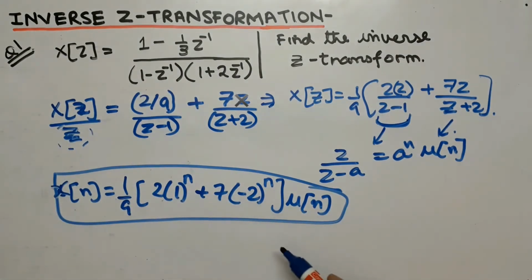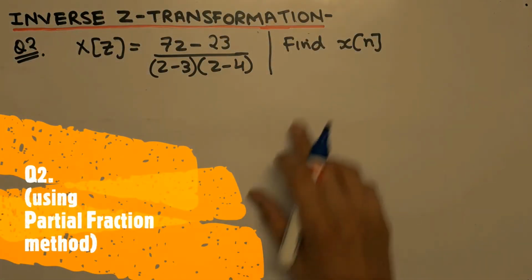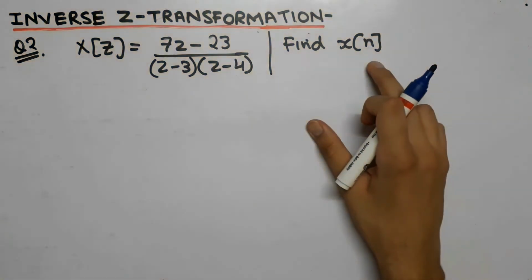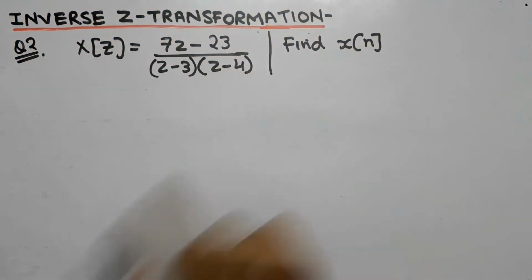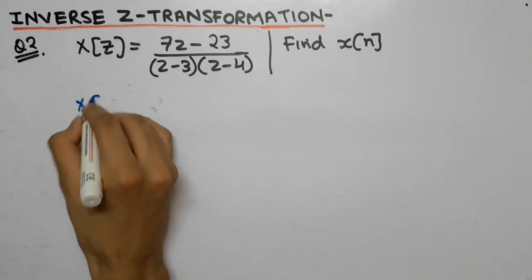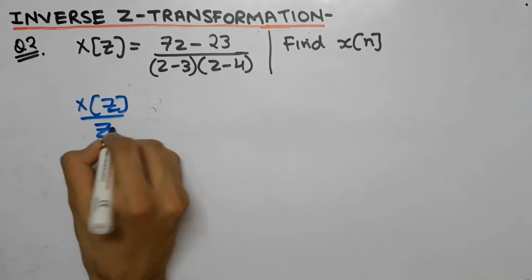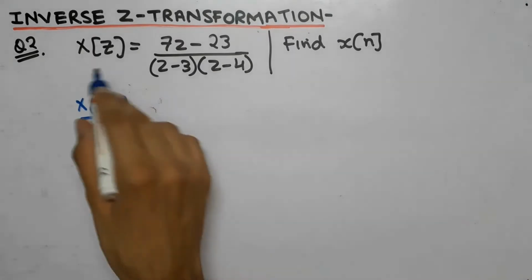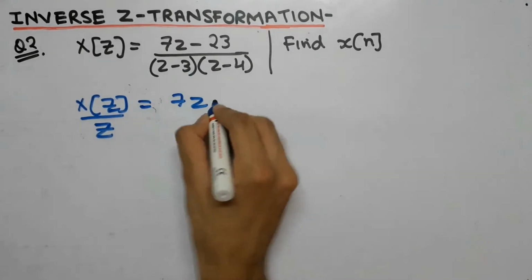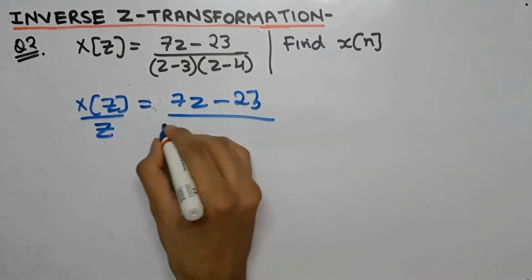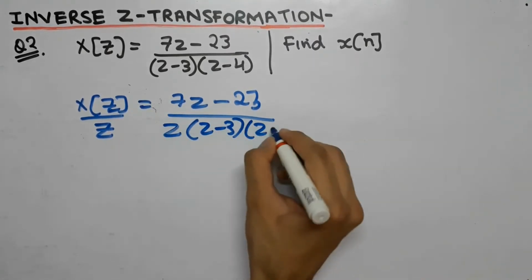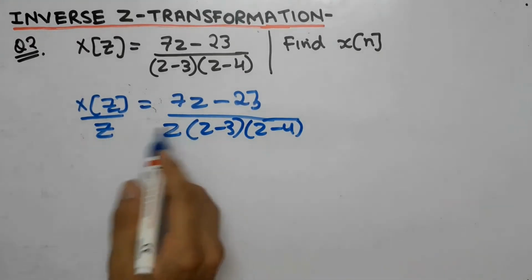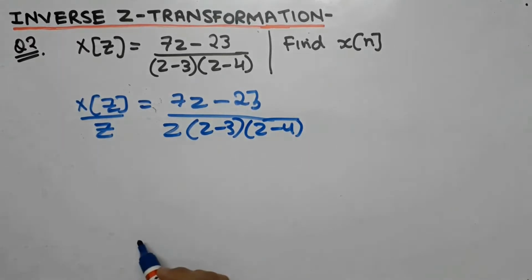Now guys, we will be doing another question in order to get a better hold on our concepts. In question number 2, we have to find the value of x(n). That is, we have to use inverse z transformation and convert X(z) to x(n). But before applying partial fraction, we have to make sure that in the denominator of X(z), we have z over here. But you can see that we do not have z in the numerator of the RHS. So we are going to divide by z on both the sides. That is, first of all, we will write (7z minus 23) upon (z minus 3)(z minus 4). We have divided by z on both sides in order to get z in the denominator of X(z). So now we are going to perform partial fraction.